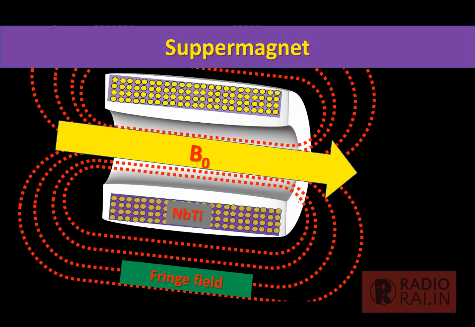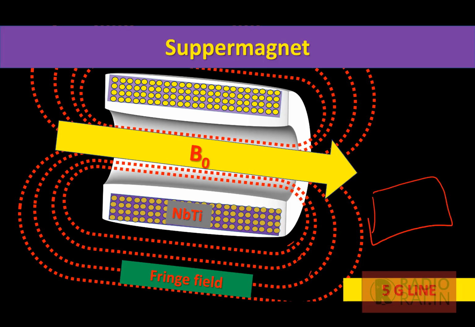So this is how the magnetic field around the MRI gantry is called a fringe field. Now, there is one specific measurement that we need to know, that is the five Gauss line. This five Gauss line is outside the magnetic field, after the field lines. Beyond this five Gauss line, we can take the material that is attracted by the magnetic field, and this five Gauss line should be inside our MRI room. Okay, it should be inside the room where the gantry is placed.